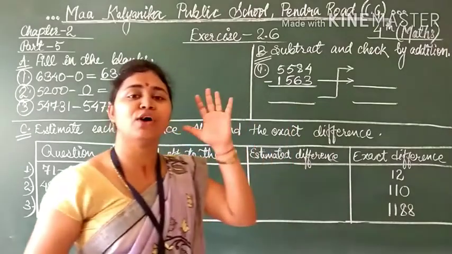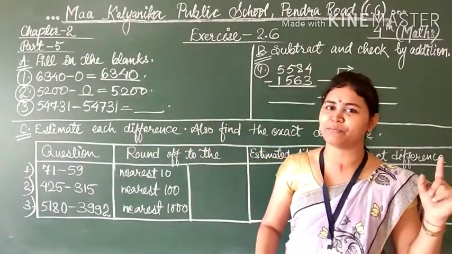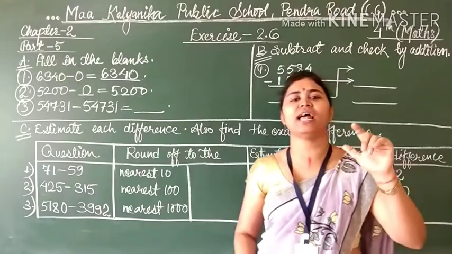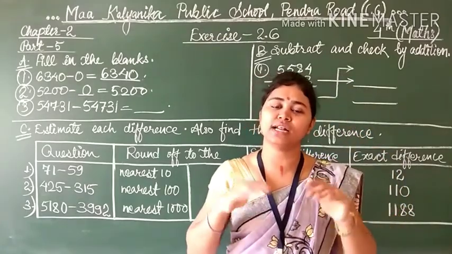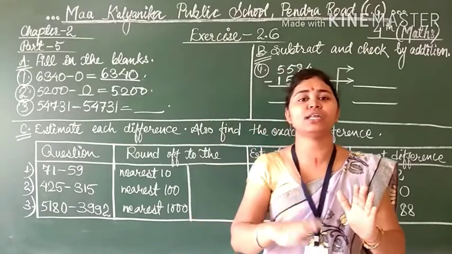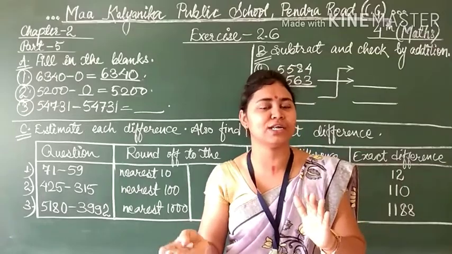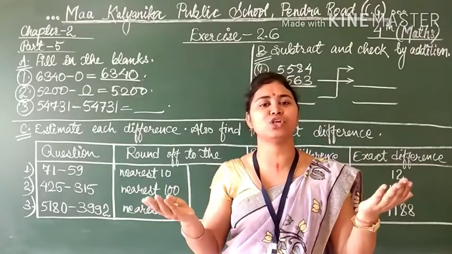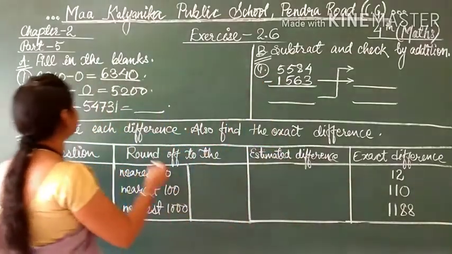Why? Because for example, I am giving you the example which I had given you in the previous class, that if you are having 12 chocolates, and you are giving 12 chocolates to your younger brother or younger sister. So what will happen? How much chocolate is left with you? 0. Yes, students, 0.